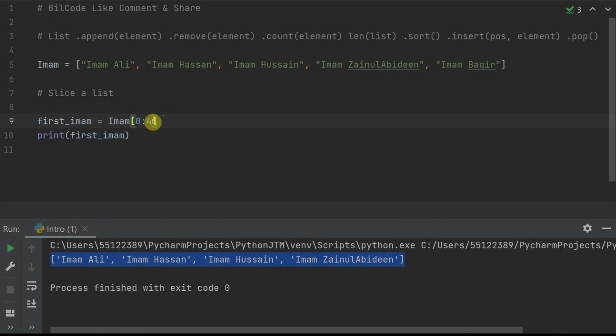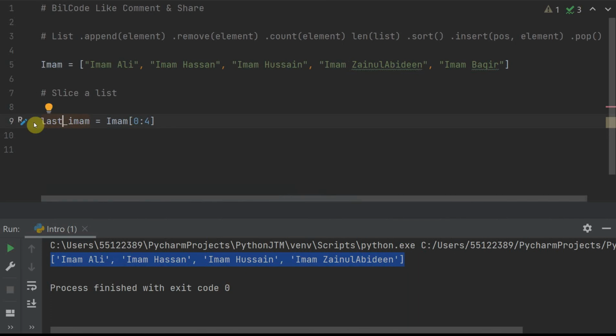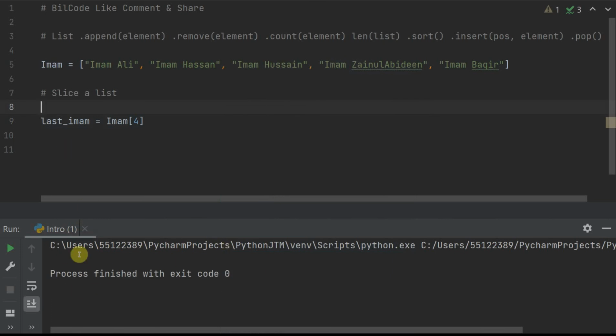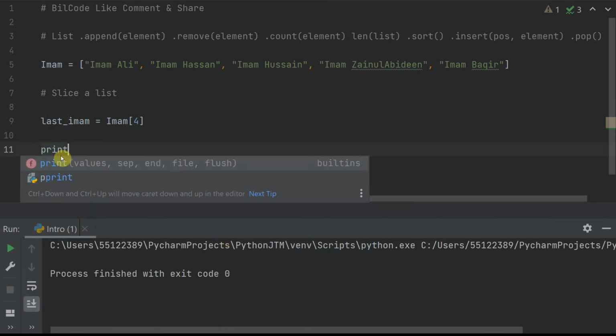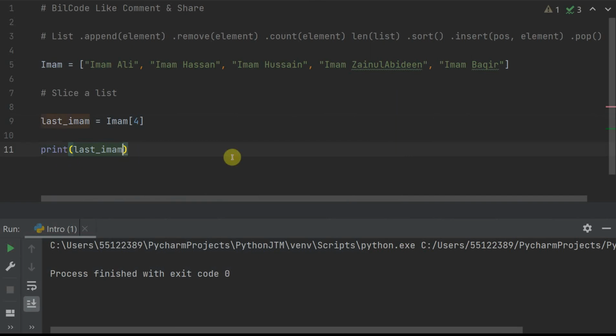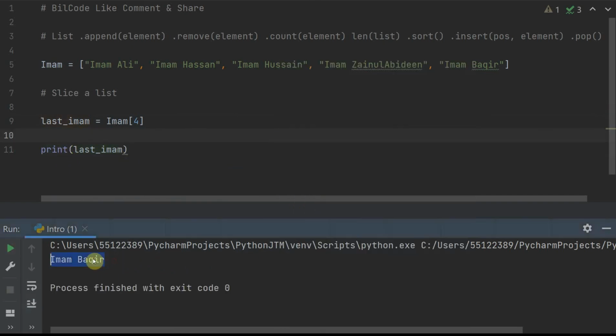But this also works with negative indexes. So let's say I want to figure out the last Imam. Now, rather than counting all of them, such as 0, 1, 2, 3, and 4, so it should be the fourth one, right? I need to print out the last Imam, there you go, Imam Bakir, right? But I can also use negative indexes, such as if I write -1,